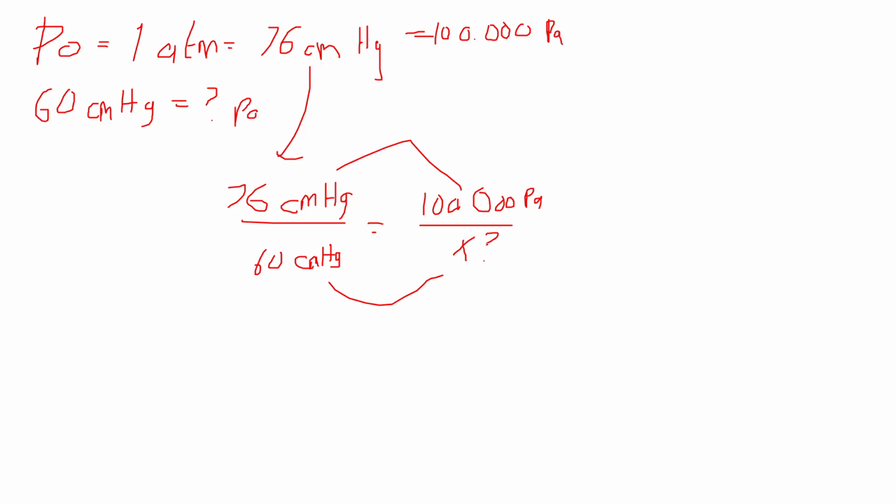Yeah, you can solve for X. We know how to solve for X. You just multiply like this. We'll get 76.8. X is equal to 6 million, X is equal to 6 million over